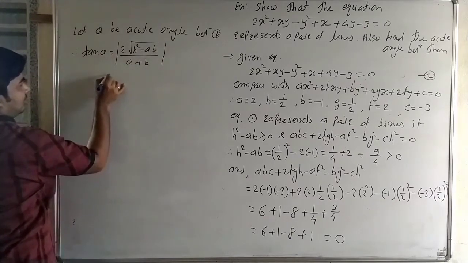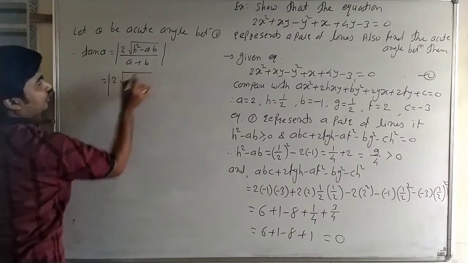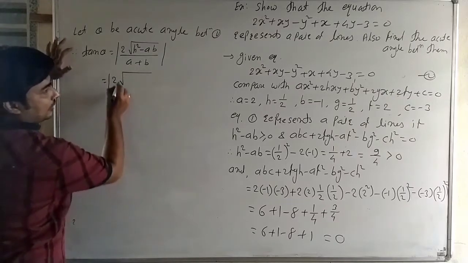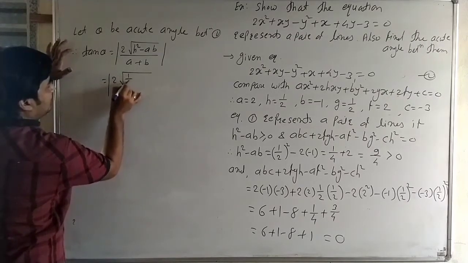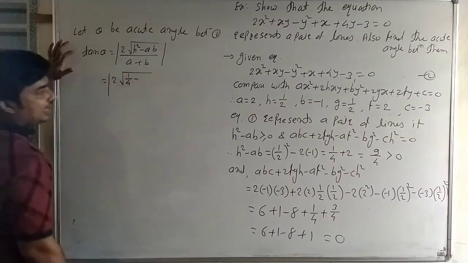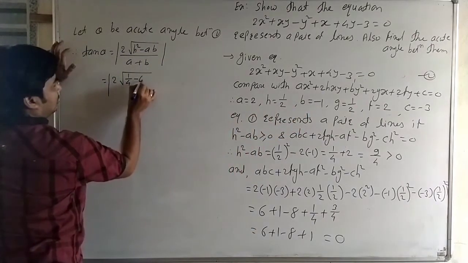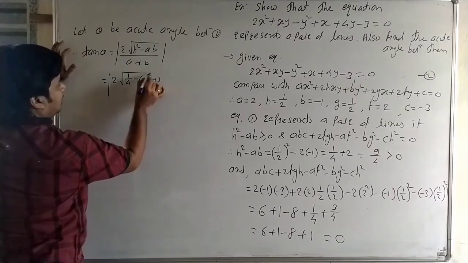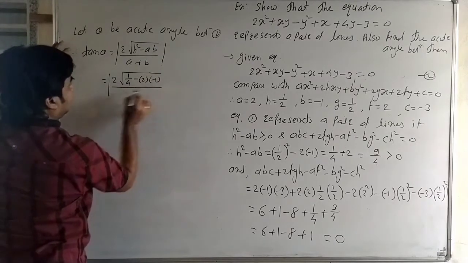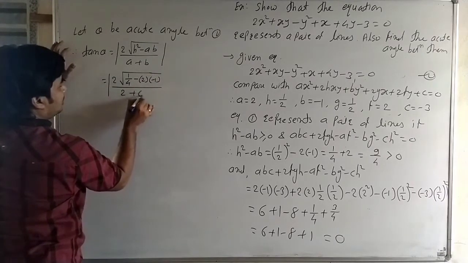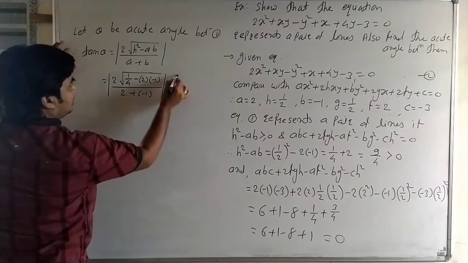Okay. Then 2 into under root of h square, it is 1 by 2 square, that is directly right, 1 by 4, minus ab, it is 2 into minus 1, and upon a plus b, 2 plus minus 1, and that is equal to